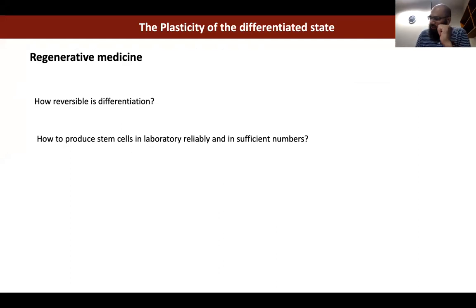So today we are going to finish this chapter about differentiation and stem cells, and today we're going to talk about how stem cells can be used for therapeutic purposes, whether it is at all possible to reverse the differentiation process, and whether we can do something in the laboratory that can be translated into the clinic. So we learned previously that